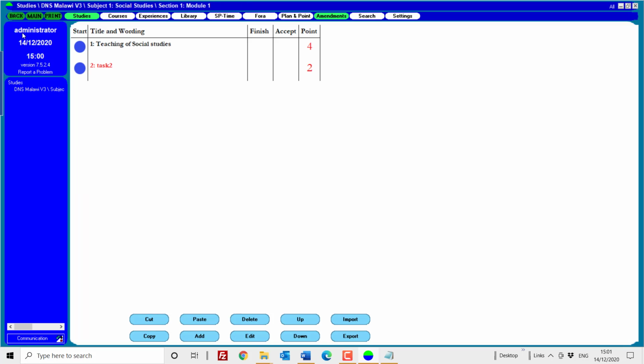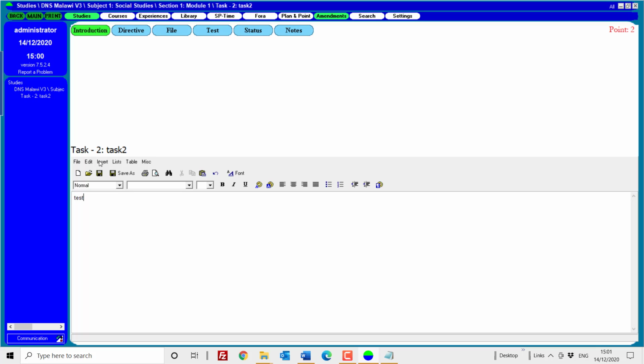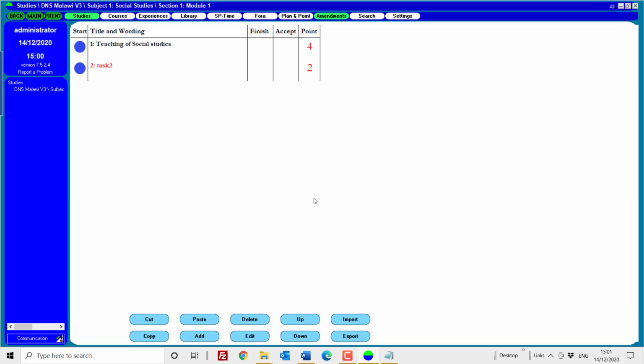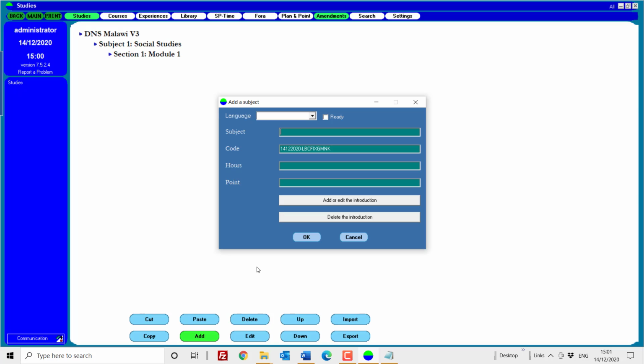You click back, and as soon as you make something inside and you click back, it will ask you to save. And it's now saved. At any point, you can go back. If you want to make another subject, you just click on the subject, you click add, you make another one,